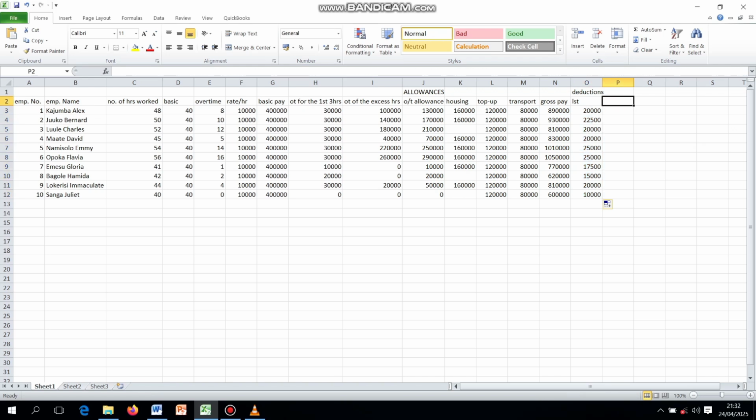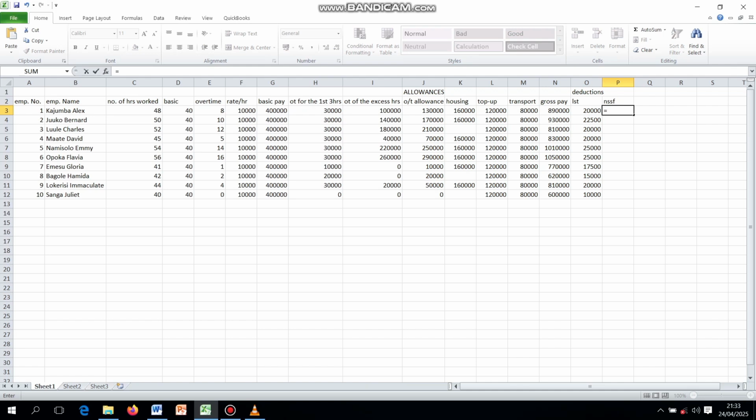So we are going to go to the next deduction, and the next deduction is NSSF. But in the question we are given NSSF fund is deducted from the gross wage as per the statutory rate, and we all know the statutory rate for Uganda is 5%. So we are going to come here and we are going to use our formula,